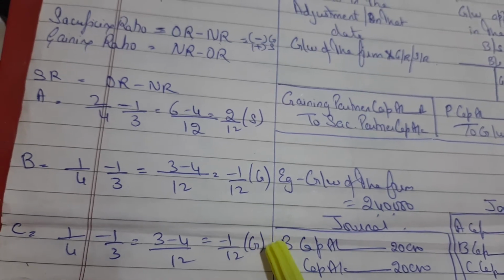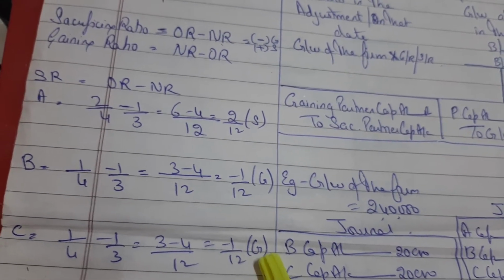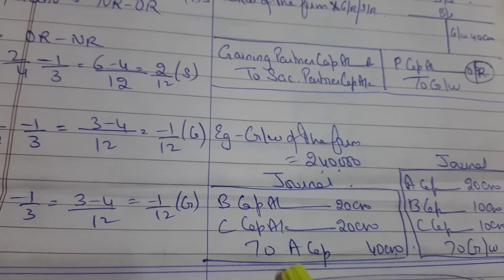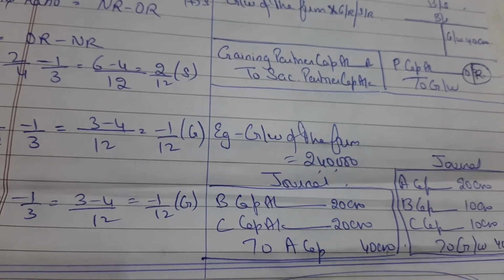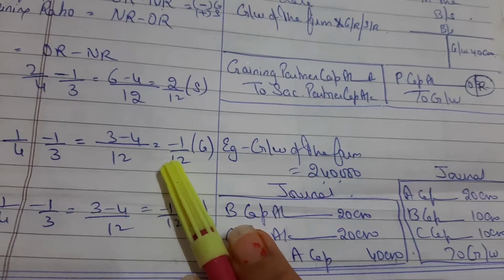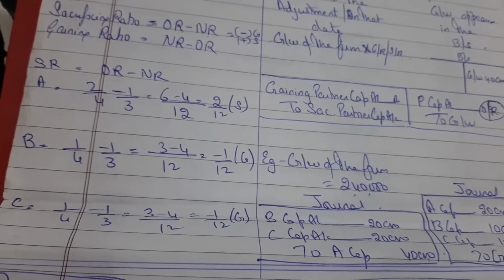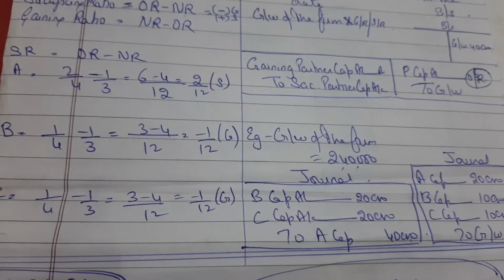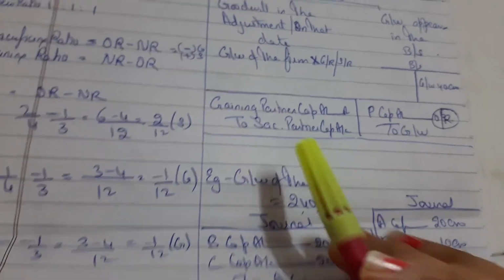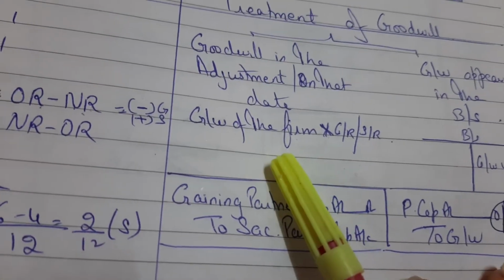Now B and C are gaining. They're getting more profit sharing ratio, so they're going to give it to A. So B's capital account debit, C's capital account debit to A's capital account. And how will you calculate the amounts? I'm repeating, 2,40,000 into 1/12 for B, 2,40,000 into 1/12 for C, and 2,40,000 into 2/12 for A. So this is the case. Now if nothing is mentioned in the question, you're going to treat the adjusted goodwill like that.